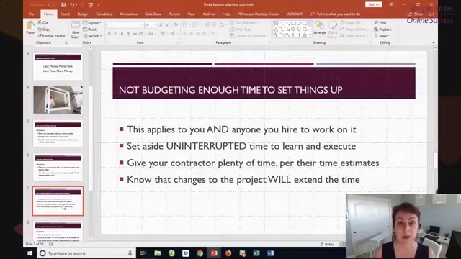In some cases, that might be extreme, but let's say they say I could do it in 2 days. I would budget 4. The other thing to keep in mind is know that any changes that you request from your contractor is going to extend the time. It doesn't magically happen that you suddenly say, oh, wait a minute, now I've decided I want to revamp this and I want to do this, that, and the other, that it happens instantaneously. You have to allow for extra time if you're going to change something in the project.